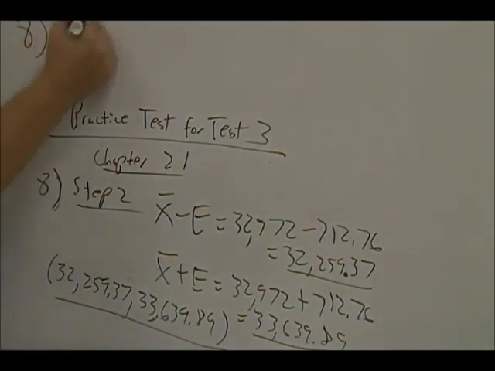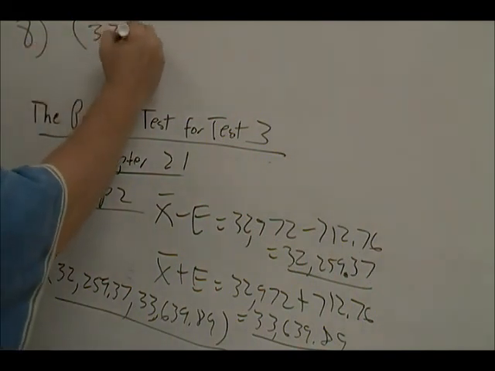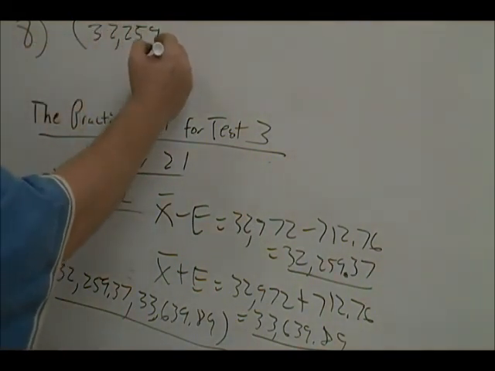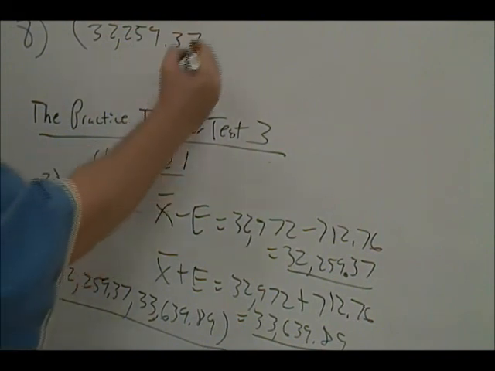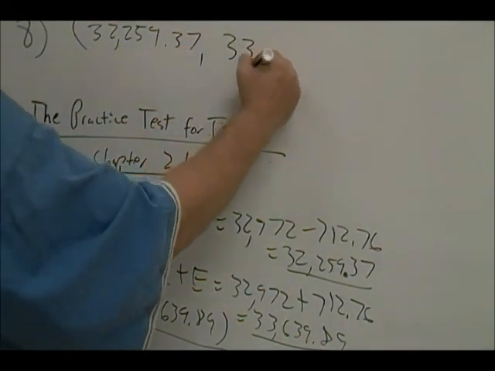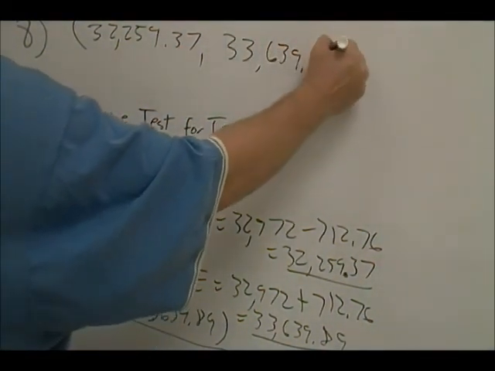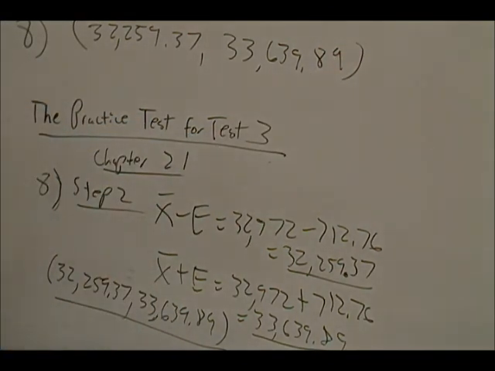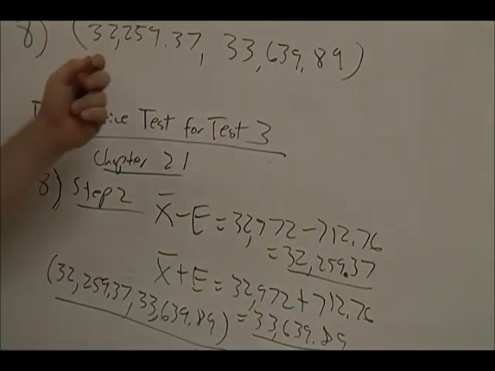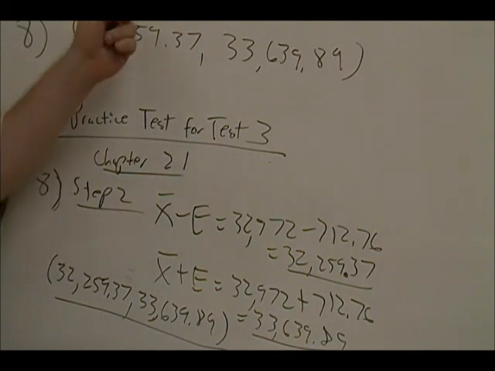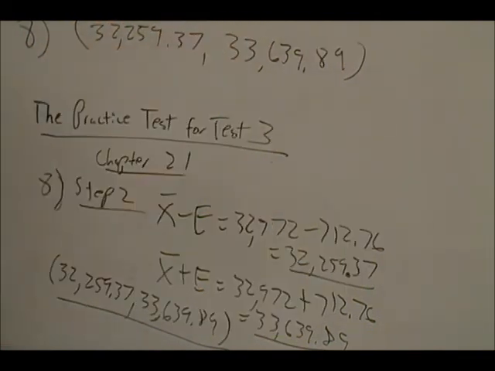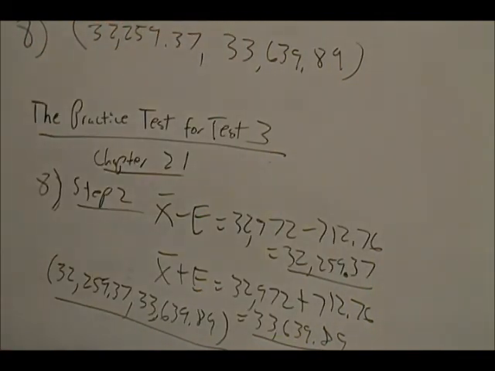And then in problem 8, our confidence interval was 32,259.37 to 33,639.89. The question is, if there's a 95% likelihood that the average income of all American households is between here and here, and there's also a 95% likelihood,